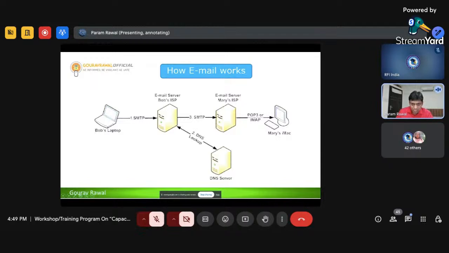Here something else is written, it is POP3. That is another protocol, called Post Office Protocol 3. Yesterday I discussed that if you are procuring a static IP address, or not the static, the private IP address. There is a public IP address, there is a private IP address, meaning the dedicated IP address, or we can say the leased line internet connection with a dedicated IP address.